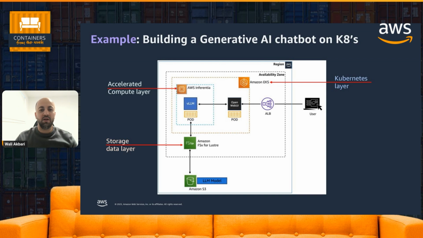Okay, this is a very high-level diagram of a generative AI chatbot deployed on Amazon EKS. We can see we've got the Amazon EKS orchestration layer, then we've got the AWS accelerated compute layer, and you'd pick which type of AWS accelerated compute you'd use to power your vLLM inferencing engine in there. And then importantly, you see down the bottom where the storage layer is, right? And that's where you need to think about, okay, which storage service and which storage architecture should I use to also give me the performance and cost and operational efficiency I need, for example, for this generative AI chatbot